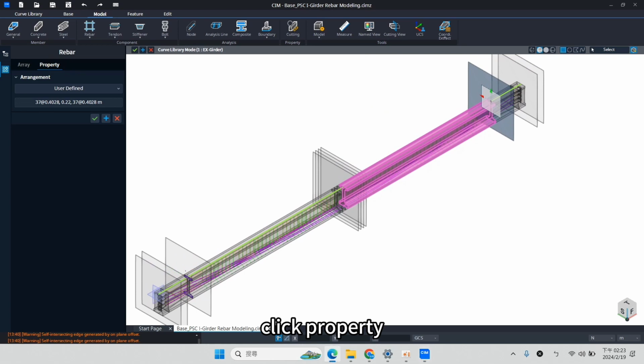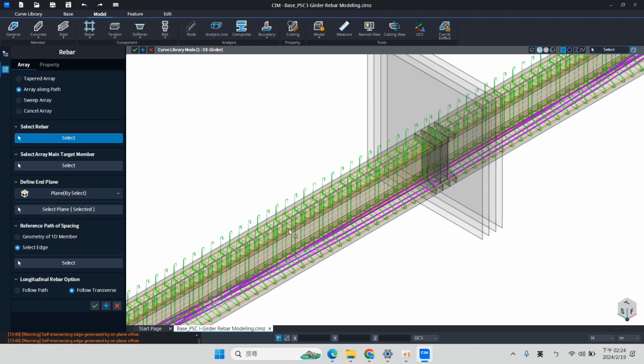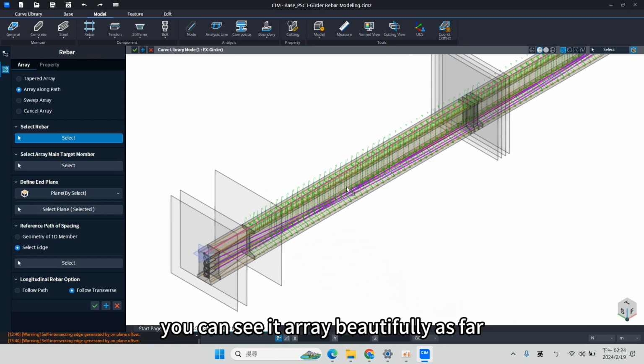Then property, you can enter 5 at 0.3055 from 37 and 0.4028 from 0.2022, 37 and 0.4028, 5 and 0.305. So you can see it arrayed beautifully in this part.